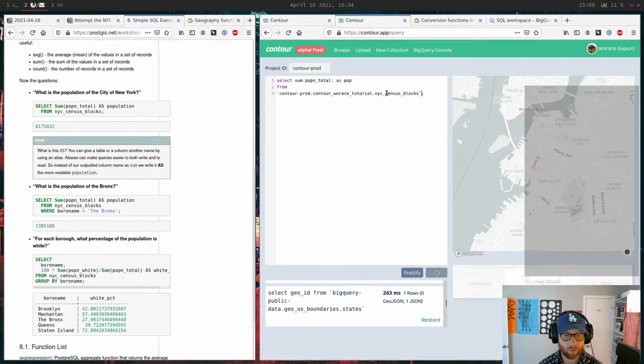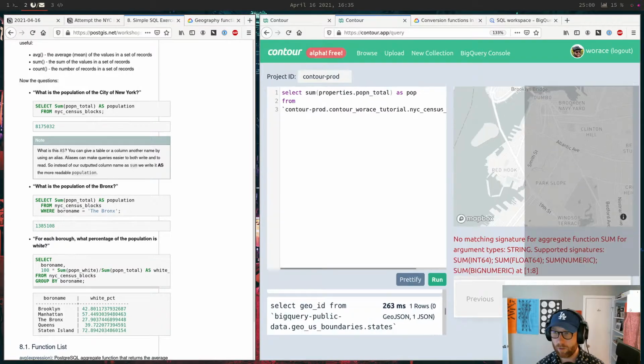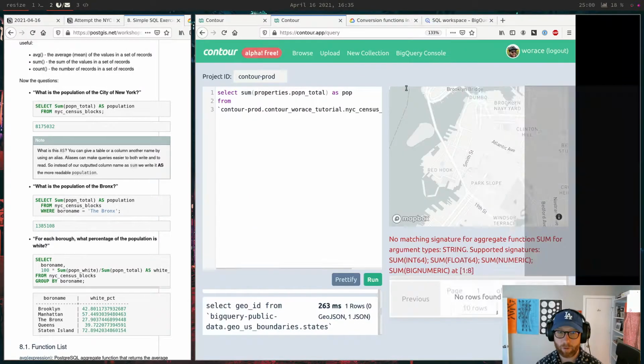Okay, so this is not going to work because one of the other things I haven't fixed yet is I just have strings. Well, that won't work for two reasons. Properties. Yeah, when I export stuff into BigQuery, also I wonder, is this super tiny? Yeah. Let me blow it up a little bit, even though that looks kind of janky.